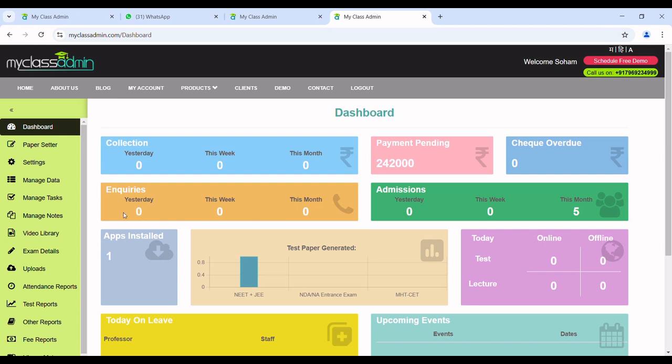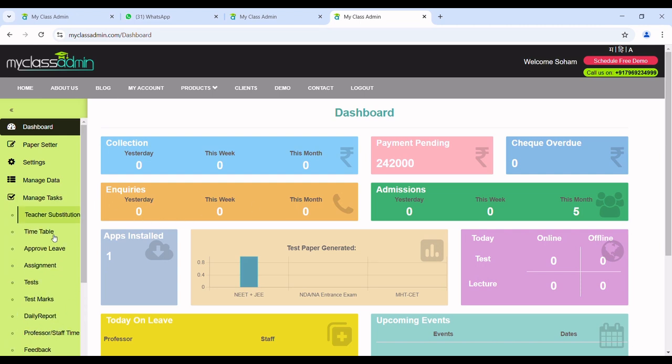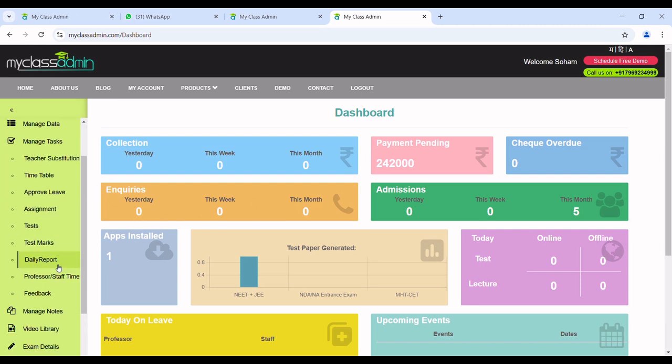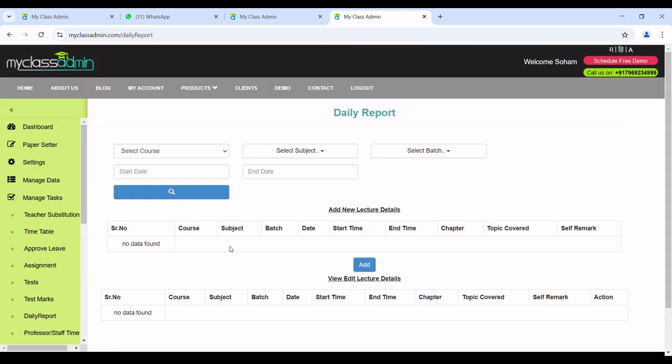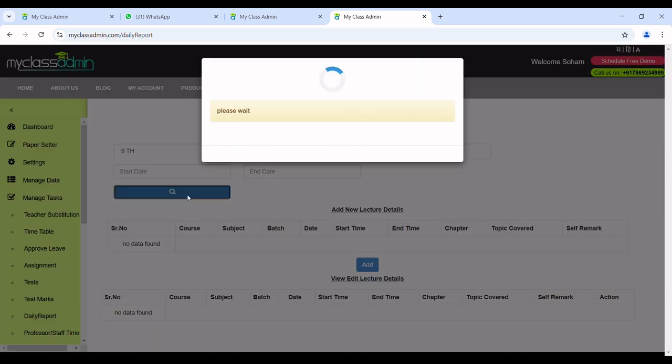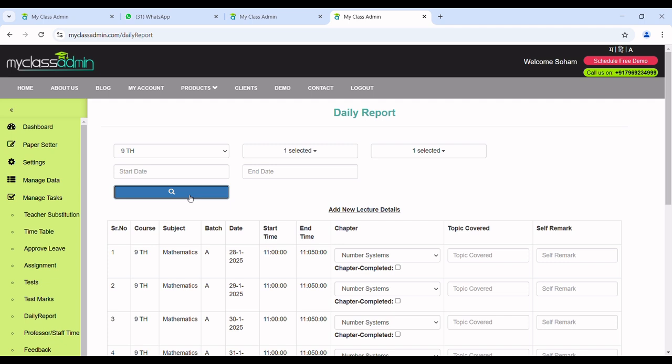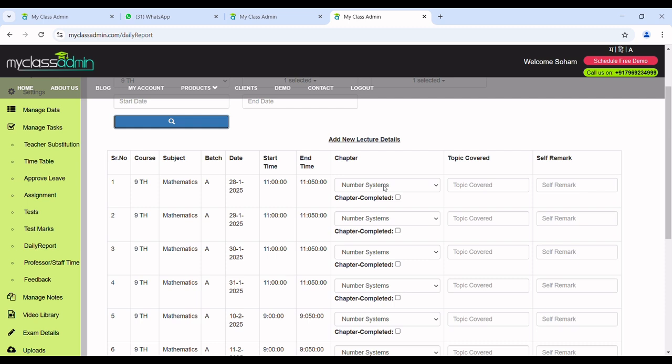Click on the manage tasks option and then click on the sub option daily reports. Now here select the course, select the subject, then the batch, and then click on the search icon. Below you can see that you can add the lecture details. Here the teacher can select the chapter that was taught in the class. Then beside, type the topic